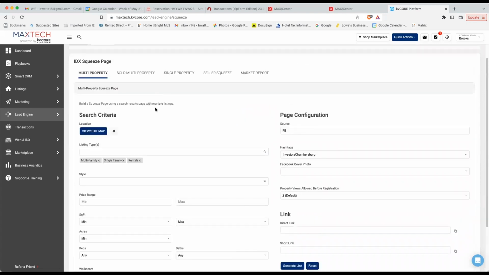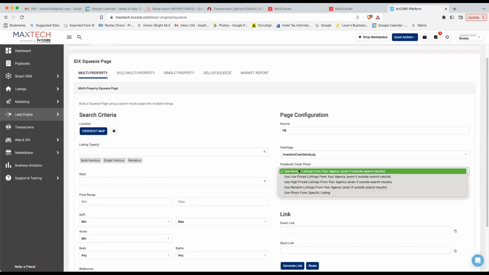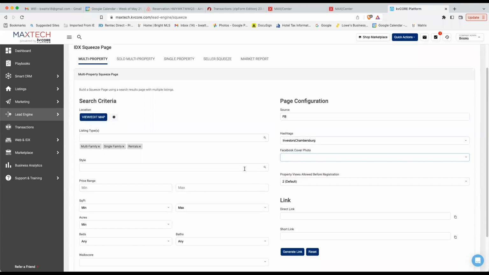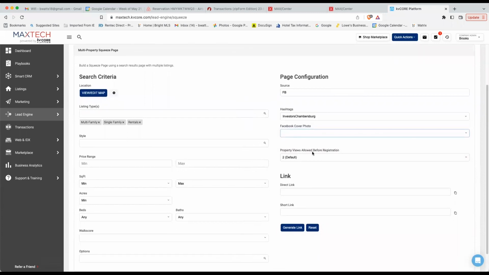Okay. So the only thing we have left to choose is what we want to use as our picture and how many times they can look at it without registering. So the Facebook cover photo, you have an option of picking inside the search area, outside the search area. For something that detailed, I would say even if it's outside, because the likelihood of multiple things being listed, I don't know. And then you can change how many times they can look at pictures. And then if you hit generate link,